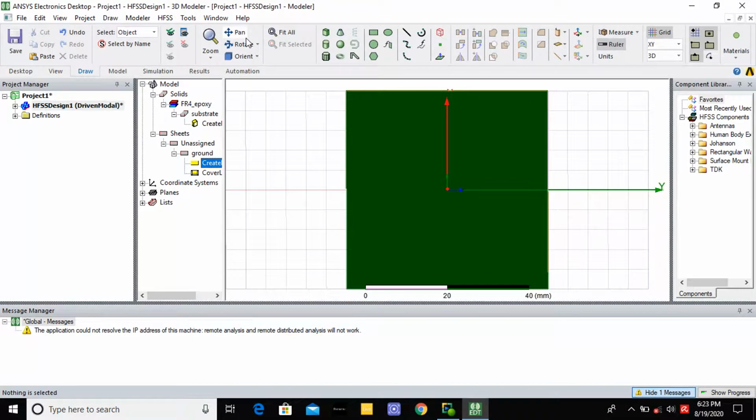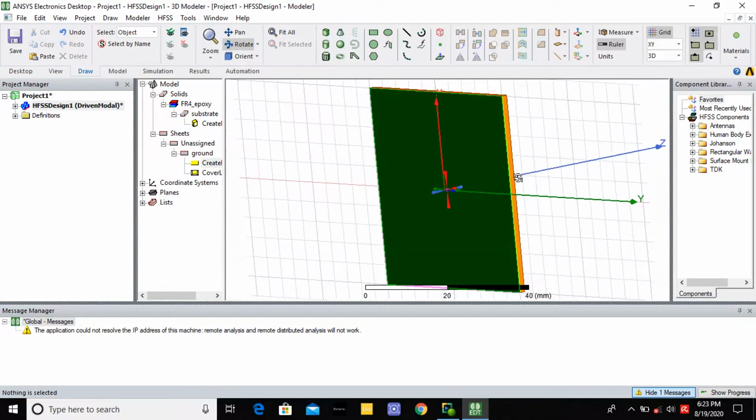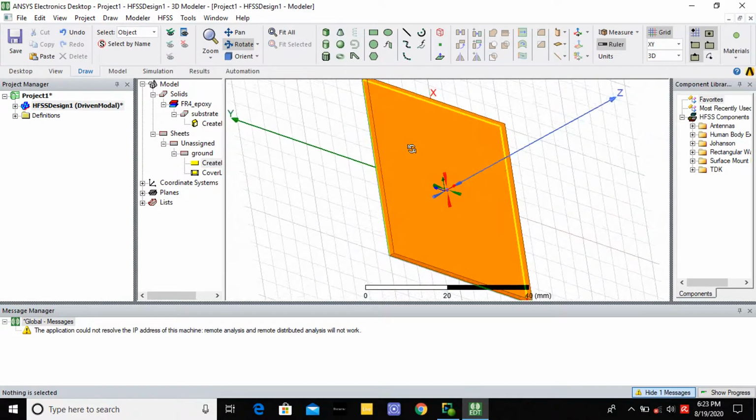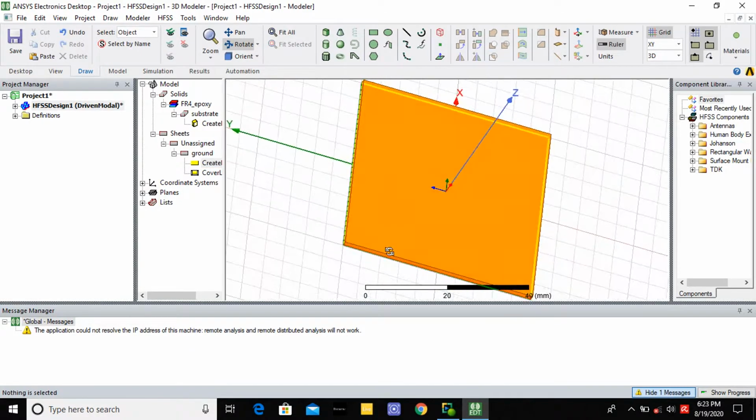Next, we are going to draw the patch layer. Now, the substrate and ground layer are over. Next, we are going to draw the patch layer. For the patch layer, you rotate this substrate. Why? Because you want the patch layer on top of the substrate.